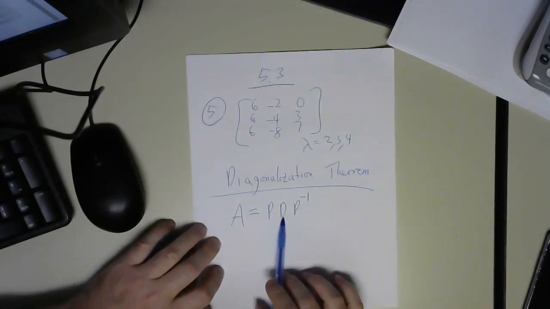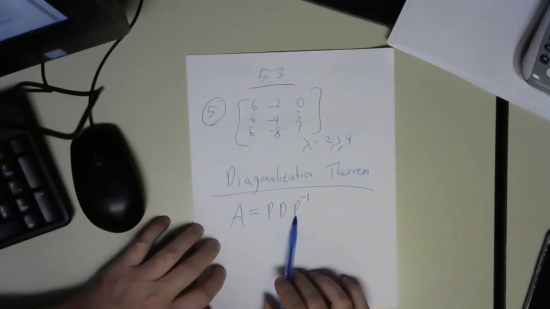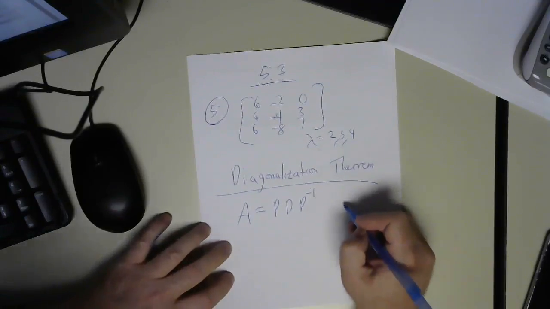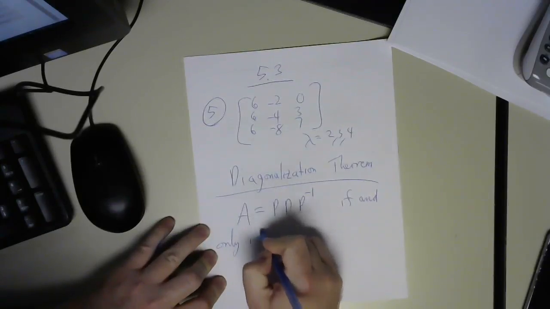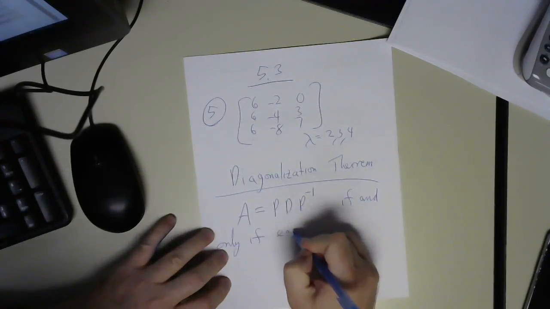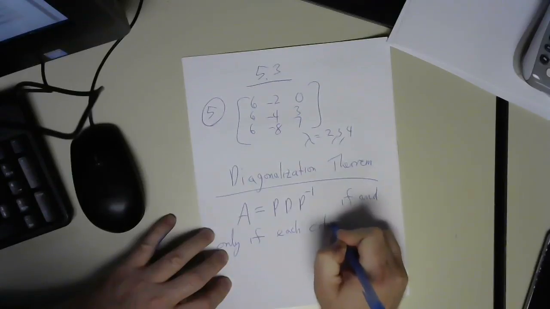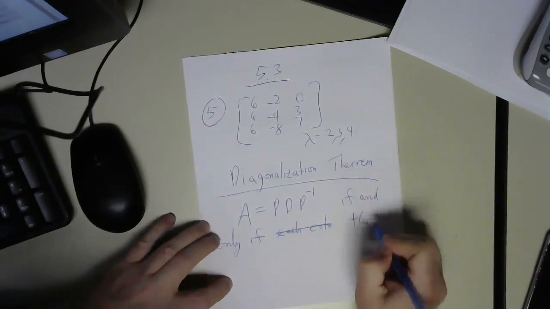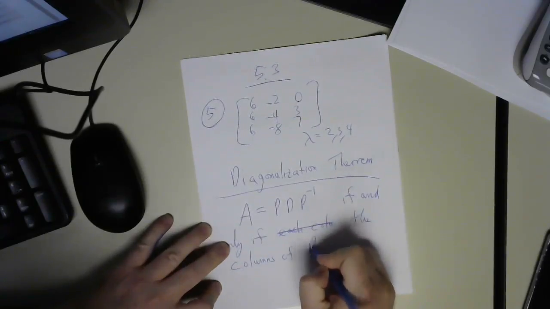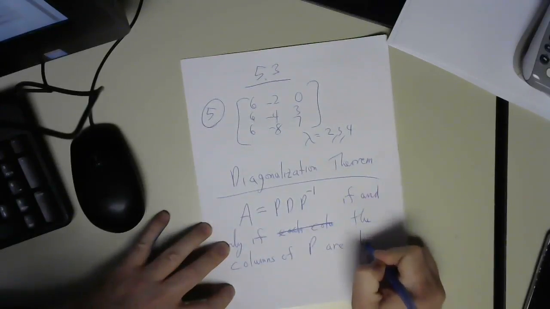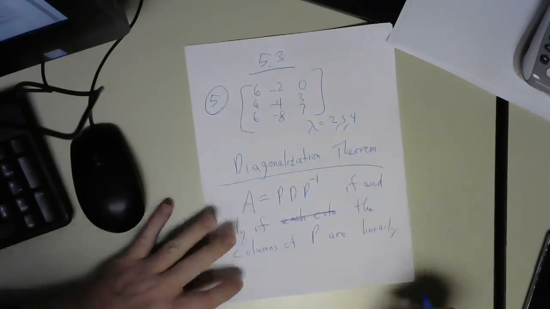Some diagonal matrix is D, so it can be written in the form P times some diagonal matrix times P inverse if and only if the columns of P are linearly independent eigenvectors